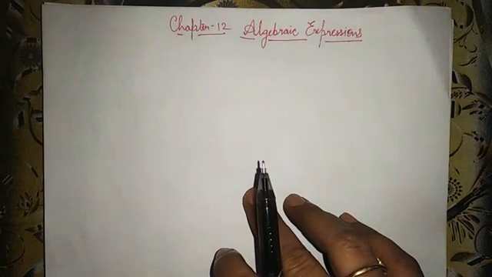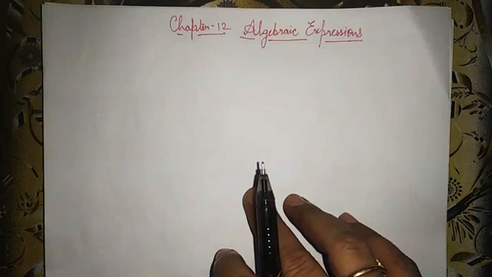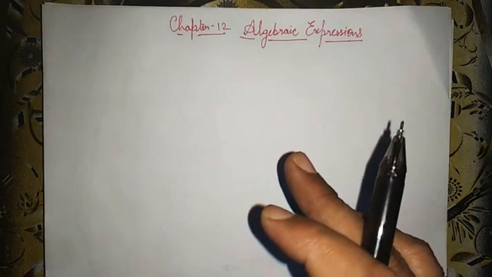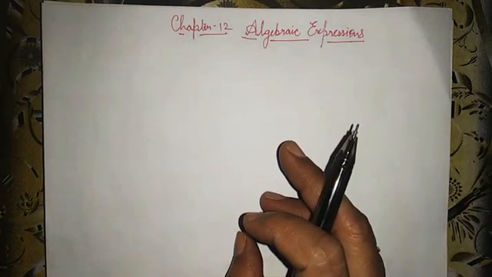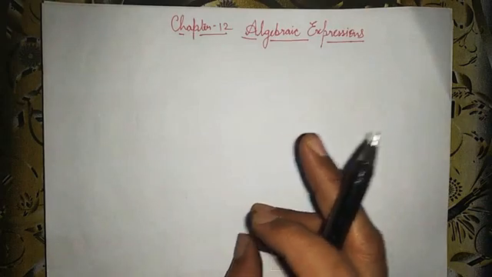Children, an algebraic expression is a combination of literals and constants connected by signs of fundamental operations: plus, minus, multiply or division. Now first I am going to write here the definition of algebraic expression. What is an algebraic expression? An algebraic expression is a combination of